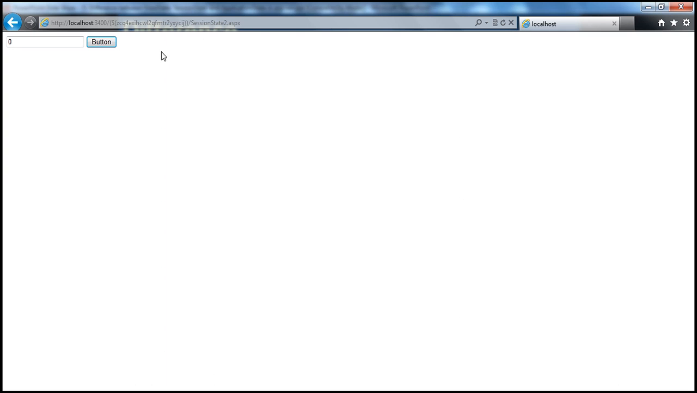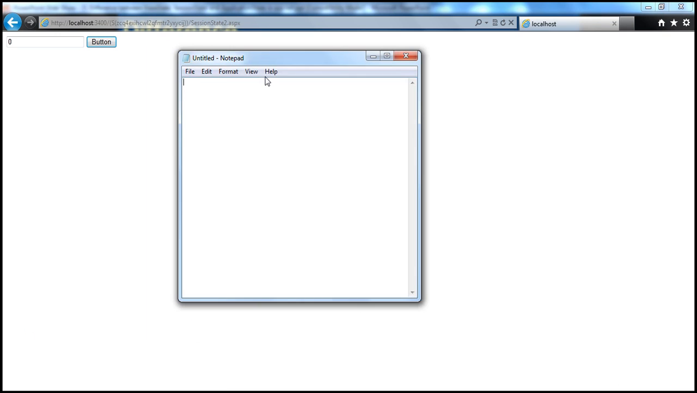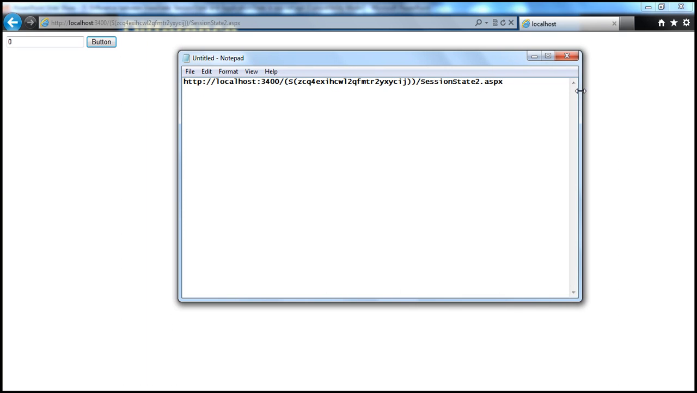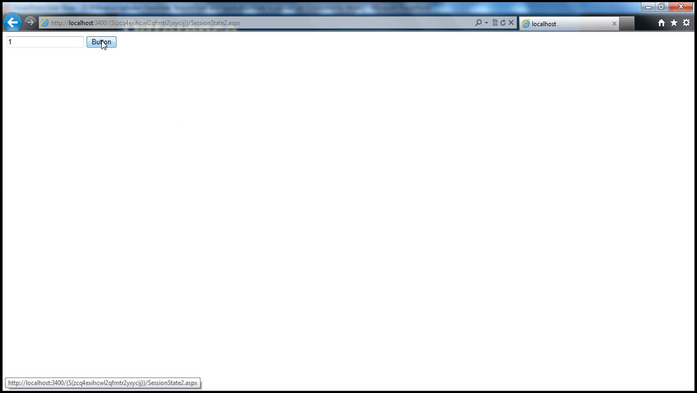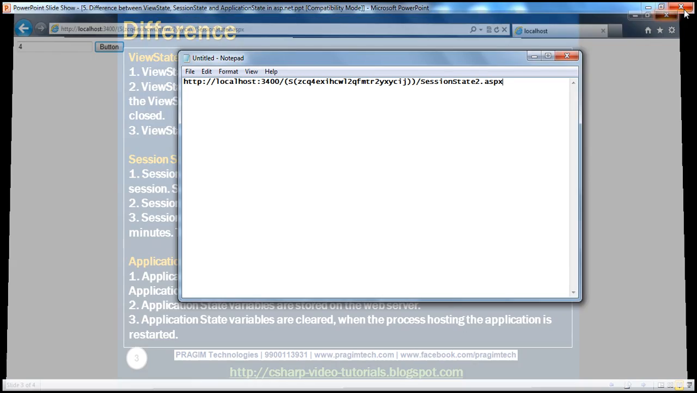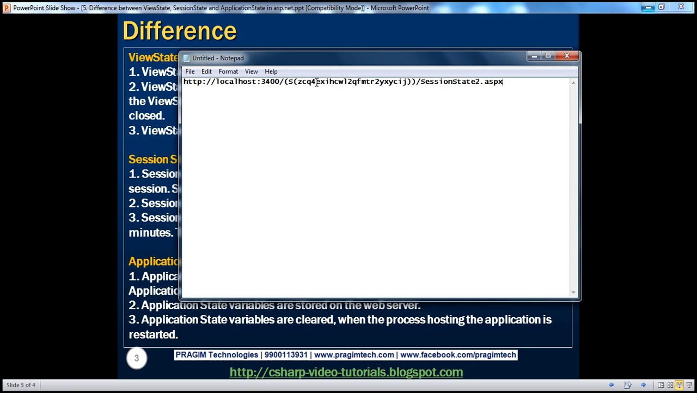Now if you look at this, let's copy that and put that in a notepad. So that's the session ID that we have, a unique session ID. Now let's click 1, 2, 3, 4. Now let me even close that browser window. But then I have this session ID there, and let me go to